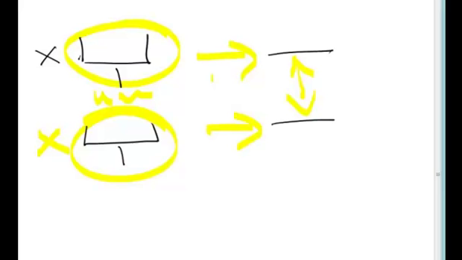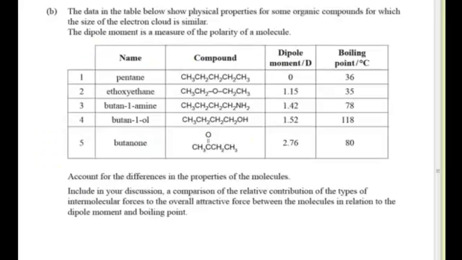Obviously, when you're looking at the molecule, the one that seems to have a lot of branches coming off it, or some branching, that's more likely to have a problem with being able to pack well. Okay? Now let's have a look at the question. Now, if we look at these molecules, generally speaking, we're talking about boiling point. You should relate this to the fact that boiling point is directly related to the strength of the intermolecular bonding that's going on, and the energy it takes, therefore, to break those bonds.